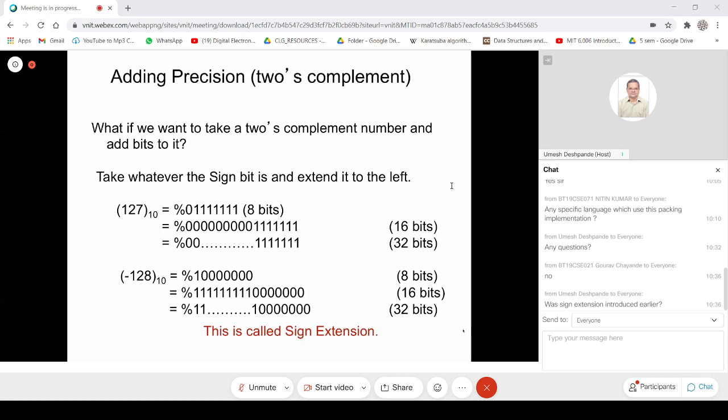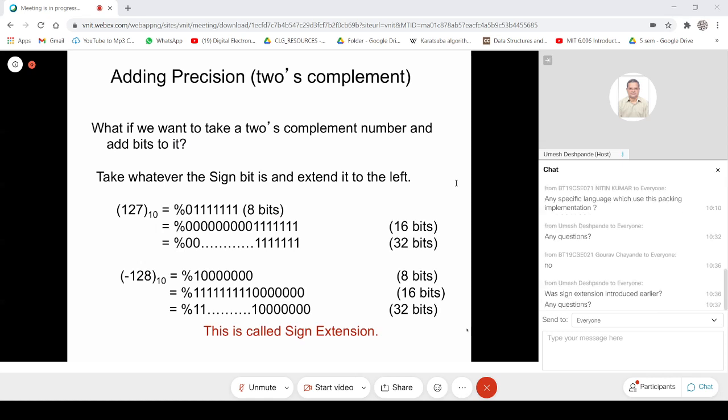Right. So this is called sign extension, and you can confirm it yourself that this sign extension is the correct way with which we can represent both positive and negative numbers, preserving the value which we wanted to have, and the value is the decimal value with which we started off. Right. So that is about integers and integer representations. If there are any questions, please ask now. Otherwise, we'll move to the floating point representation. I'll just take a pause for a minute to know if there are any questions here so far.